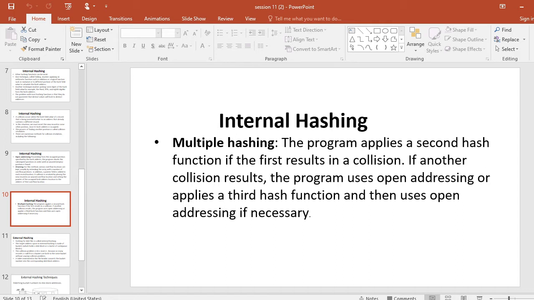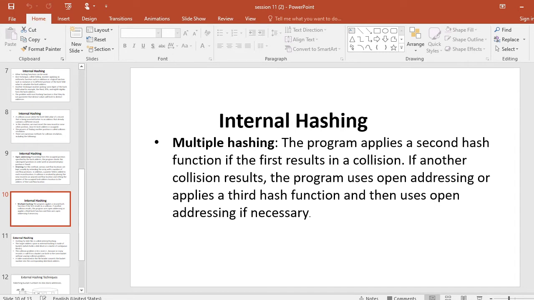In multiple hashing, if the first hash function results in a collision, then the program applies a second hash function.